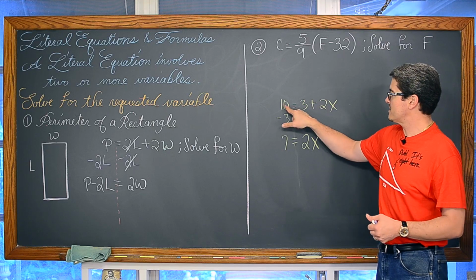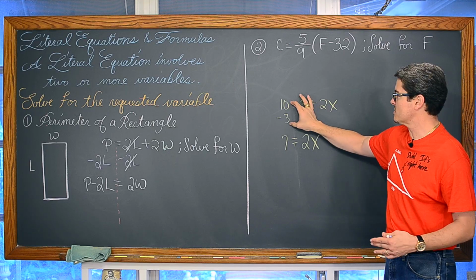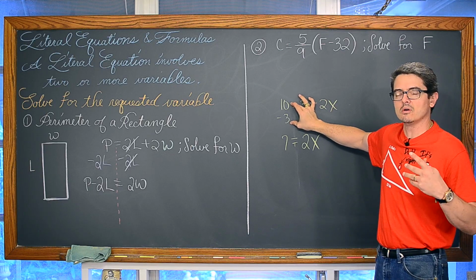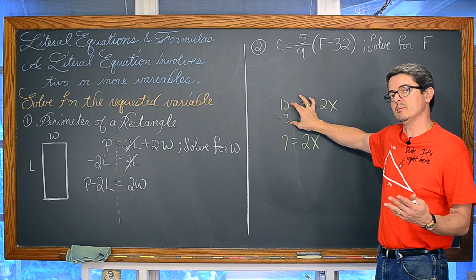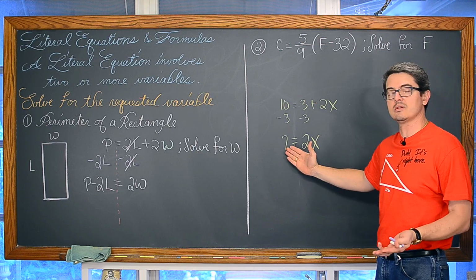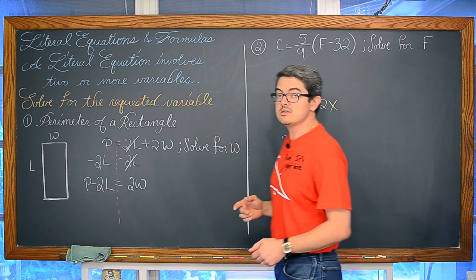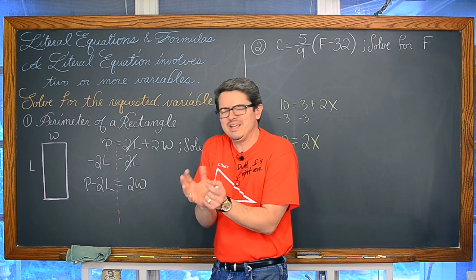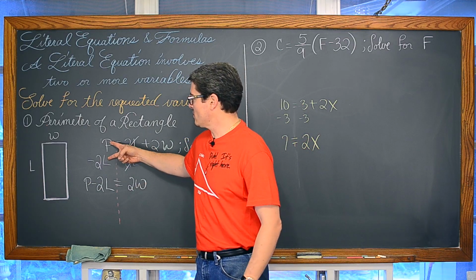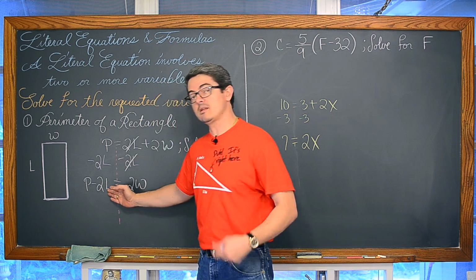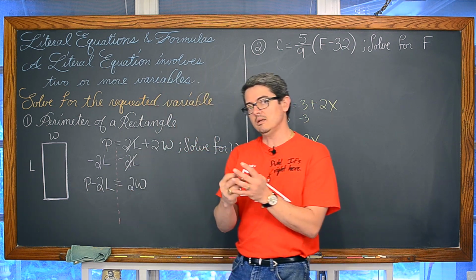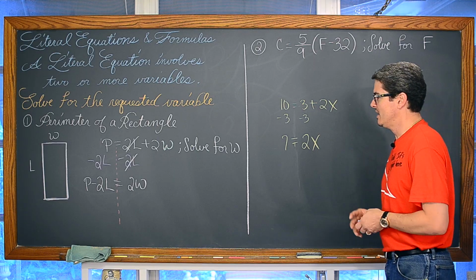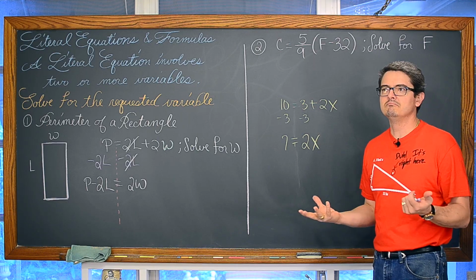Well, over here, the 10 and the 3, those were like terms. There's no variables. These are both constants. Neither one of these terms have a variable. Like terms are terms which have the same variables in them and the same number of those variables, and we just combine them to get the answer of 7. Well, please note that I did not do 1 minus 2 and write negative PL. These are not like terms, so while I can write them on the same side of the equation, I can't really combine them. They're just sitting over there together, but not really together.